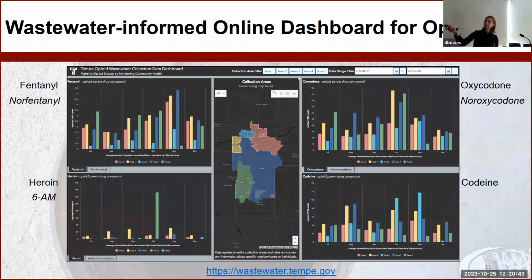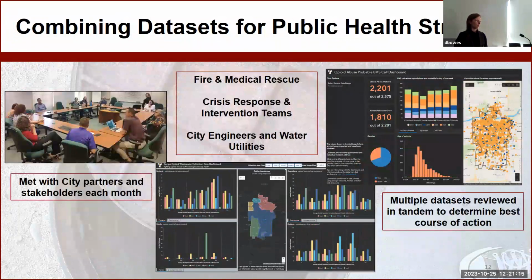Now, the 4 panels along the perimeter of the screenshot here indicate 4 major opioids that we were targeting: fentanyl, oxycodone, heroin, and codeine. And the italicized words are the major metabolites. So we weren't just measuring what's potentially being dumped down the toilet, we were also measuring consumption, what was being metabolized. And so each month we would collect that 7 consecutive day cycle, analyze the data, and then meet with the city of Tempe and other stakeholders to talk about what has changed from the previous month and what we need to do in the months to come.